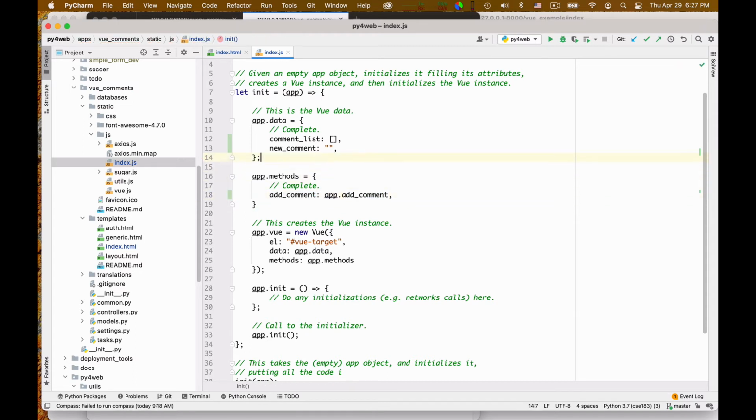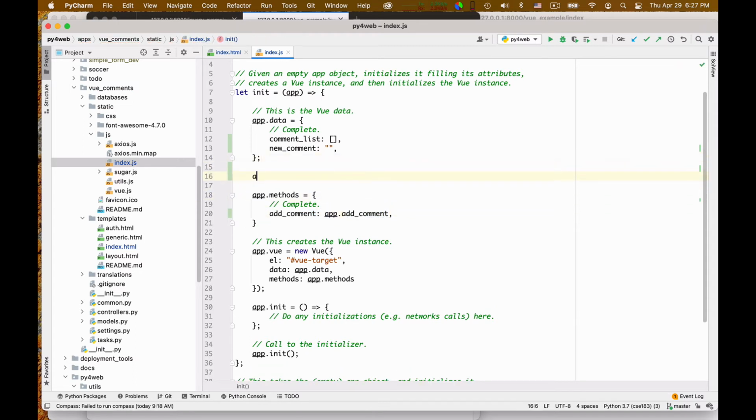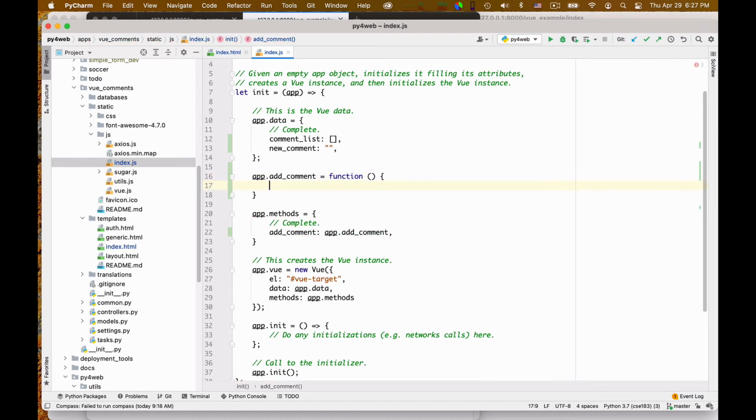In fact, let me write it now. I can say app.addComment. This is a function. Okay, and so I define it as a function, I guess. I can add some semicolons like parsley. And what does this function have to do? Well, it has to take the new comment and add it to the comment list.